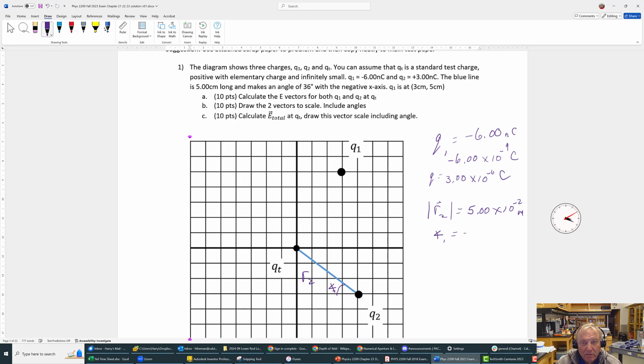Angle 1 equals 36 degrees with respect to negative